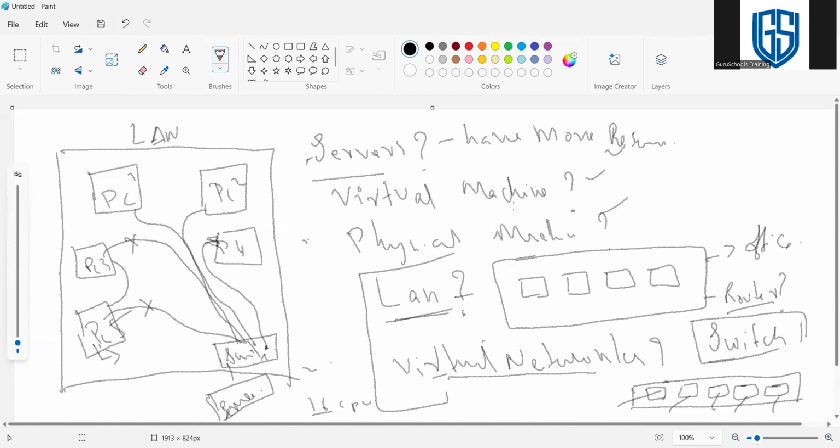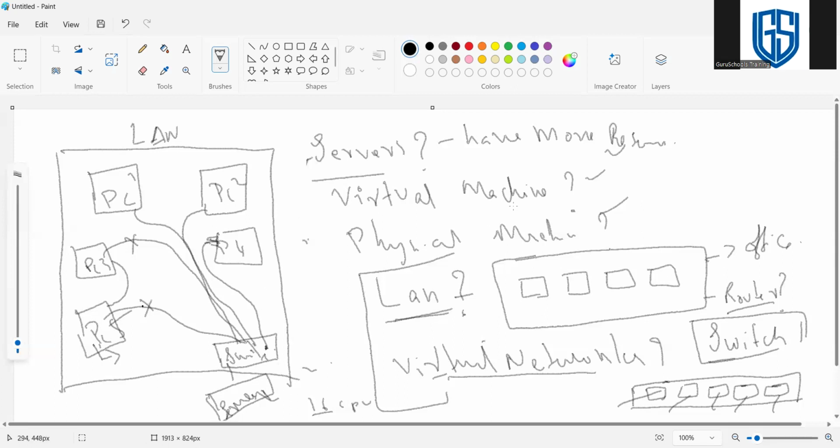That's a requirement, so we restrict this type of permission using the server. In the server, we configure the users' permissions, so if anyone plugs in a pen drive, it is denied, because we configure everything in the server. Similarly, we can manage our client machines using a server.